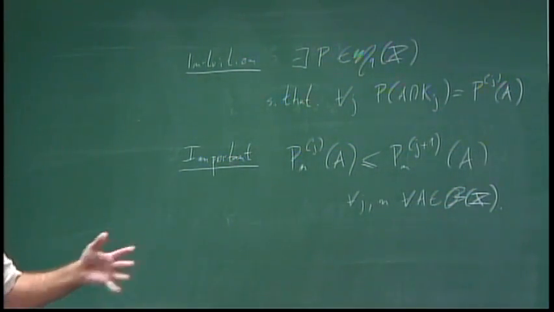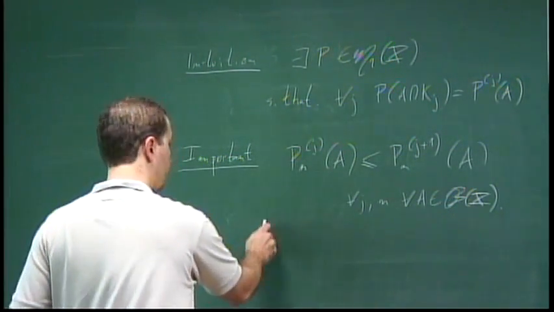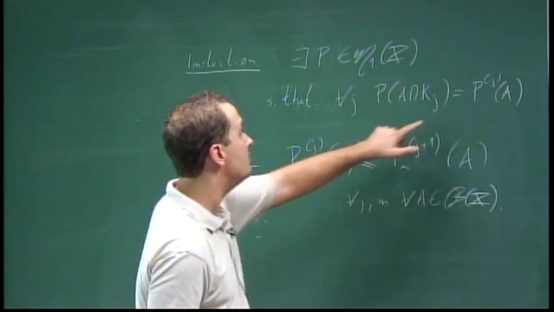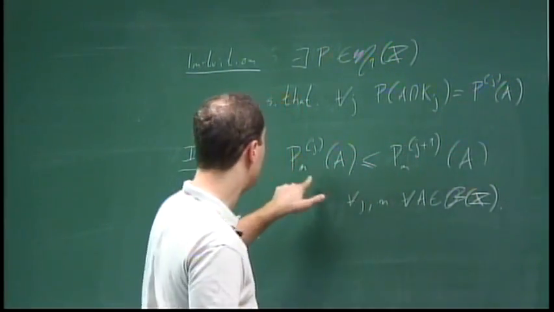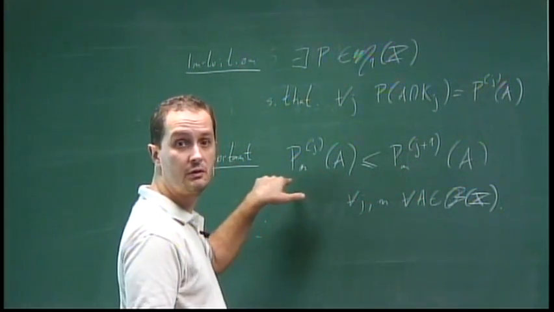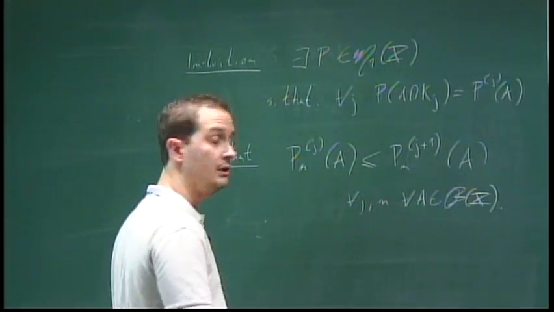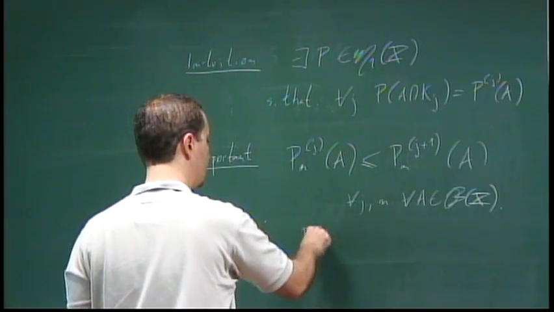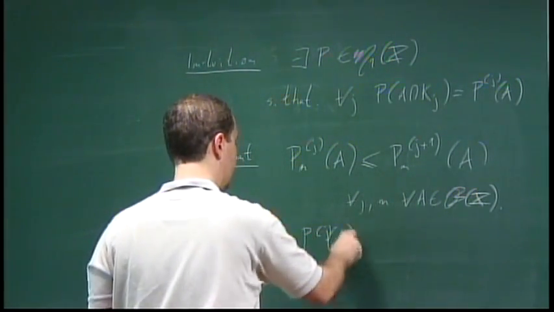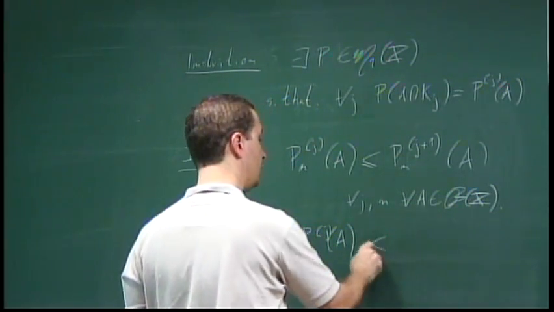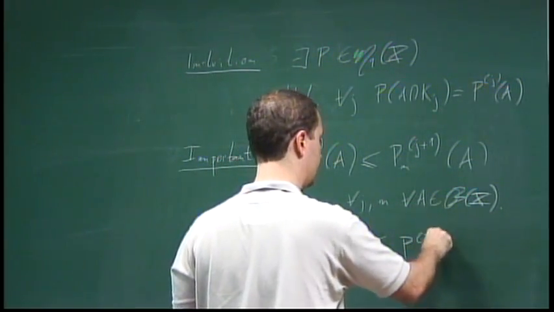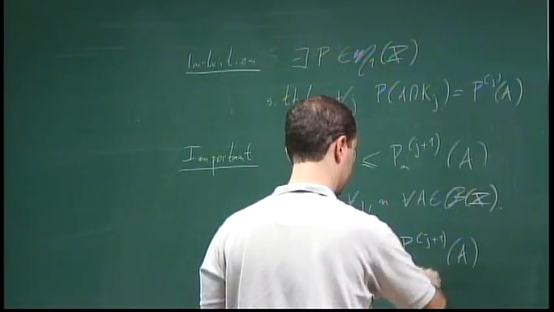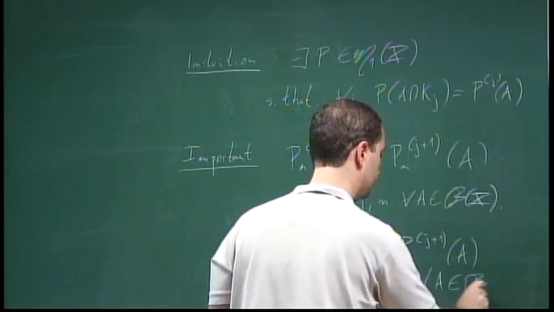Right? So you have this increasing structure. And from this, you define, well, how do you obtain the pj's without the n? These are limits of these measures, when n goes to infinity along a subsequence. Therefore, you have that pj of A is less than or equal to pj plus 1 of A for all A and for all j.